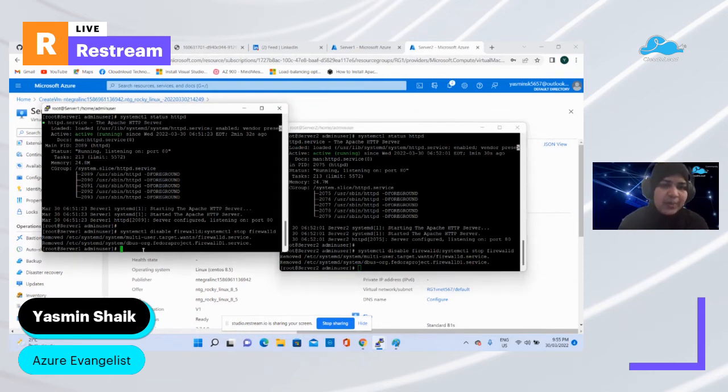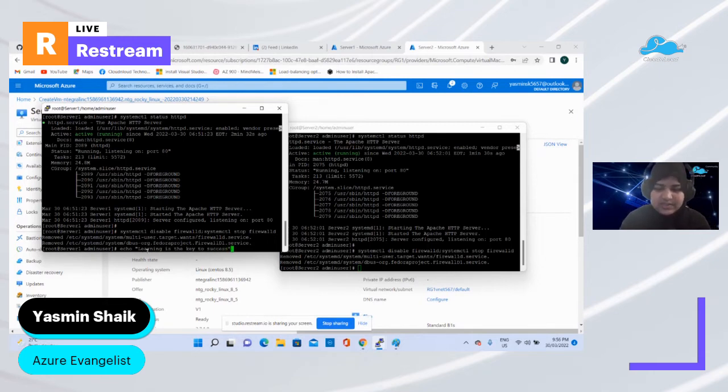So I'm going to echo some message on my server one, because I wanted to show you how the traffic is getting routed to server one and also to server two. So I'm going to echo some message here on server one. Let me say, learning is the key to success.